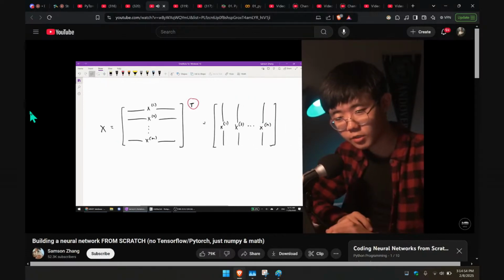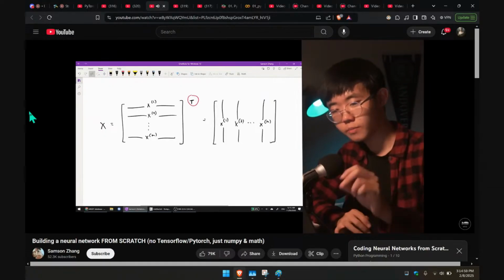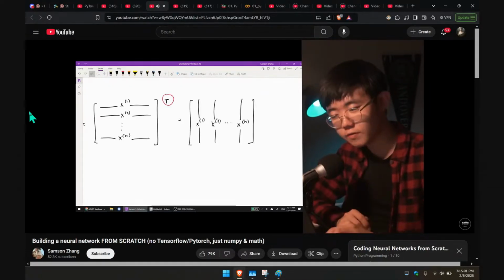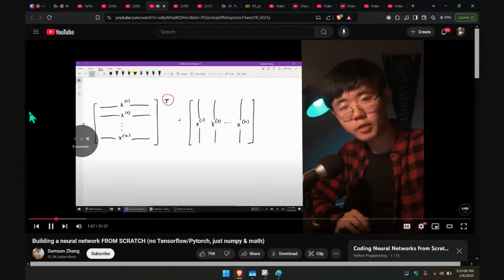So we can represent it as a matrix that looks like this. Each row constitutes an example, and each row is going to be 784 columns long, because each of them is going to correspond to one pixel in that image. What we're actually going to do is transpose this matrix. Instead of each row being an example, each column is an example. So our first column is going to be our first example, and it's going to have 784 rows corresponding